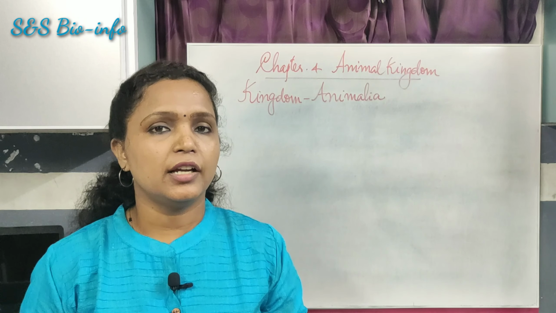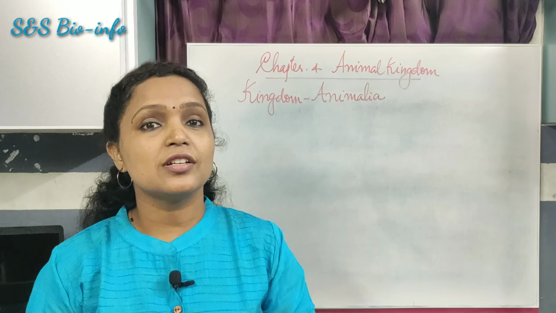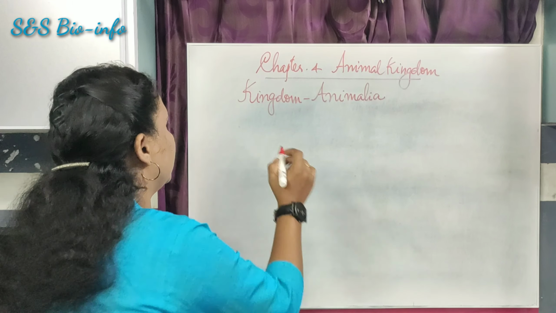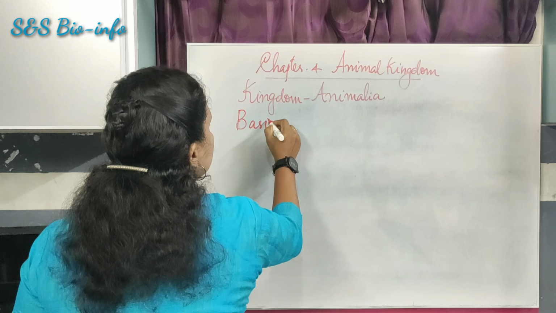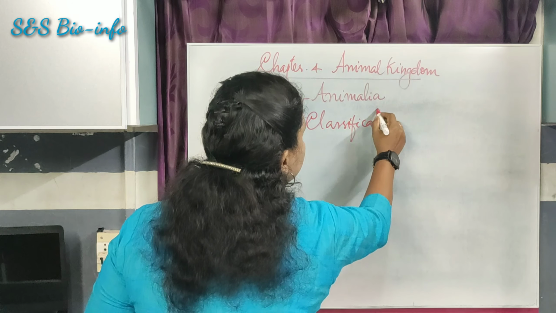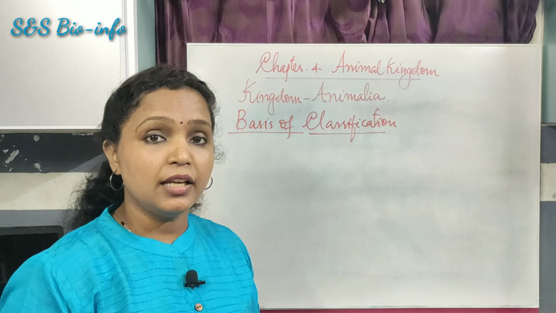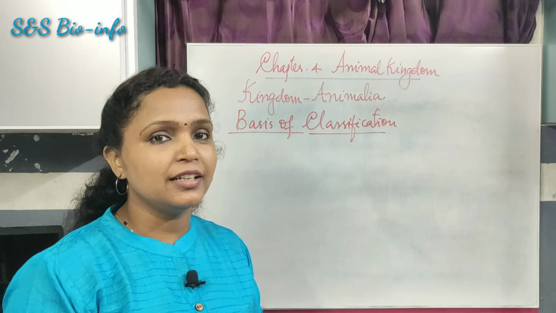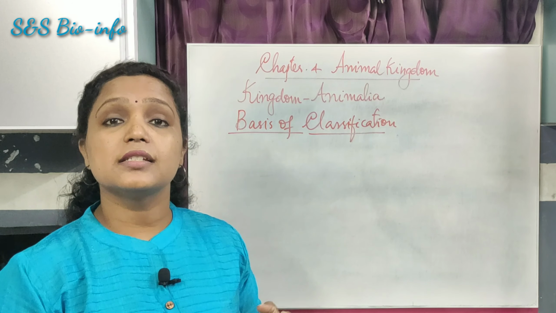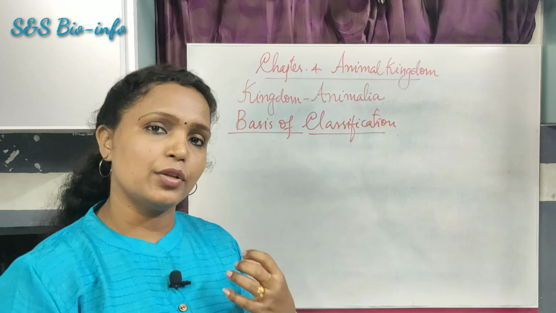Animals have been classified on the basis of certain common fundamental features. Those features are together known as basis of classification of Kingdom Animalia. The basis of classification means that certain criteria have been used for classifying the individual organisms in the kingdom Animalia. There are 6 common criteria or features that are used to classify the kingdom Animalia.